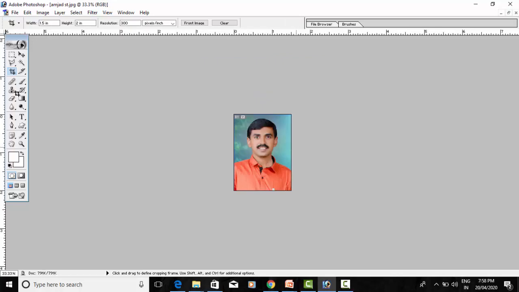Now we have to give it a border. A white border should be suitable for this photograph as per the color scheme here. Now see, in this video we are going to create our own passport size photo without changing the background. I will not change the background because it takes a little more time. In the next video we will see how to change the background. Two to three minutes more will be required for changing the background. That's why in this video we will keep the same background, and within a few seconds we are going to create our own passport size photographs.